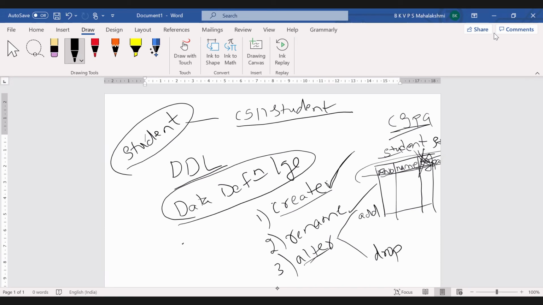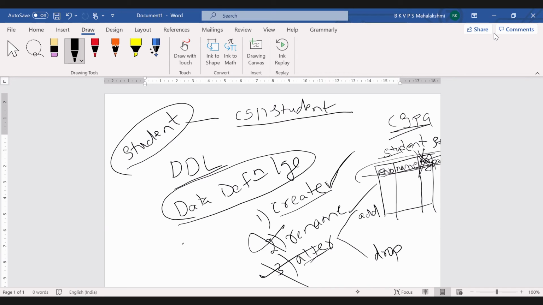In this data definition language, the commands you can use, the first step is create. Then, if you want to alter the structure of the table, you can go with that next. Or else, if you have already done it according to the requirement, then these are not needed.